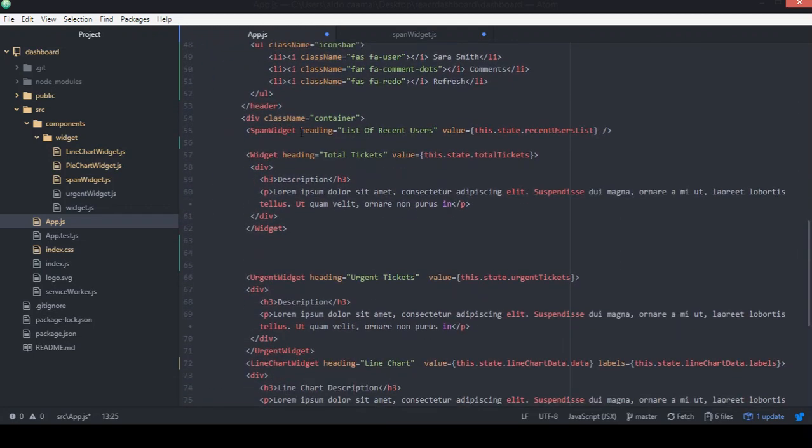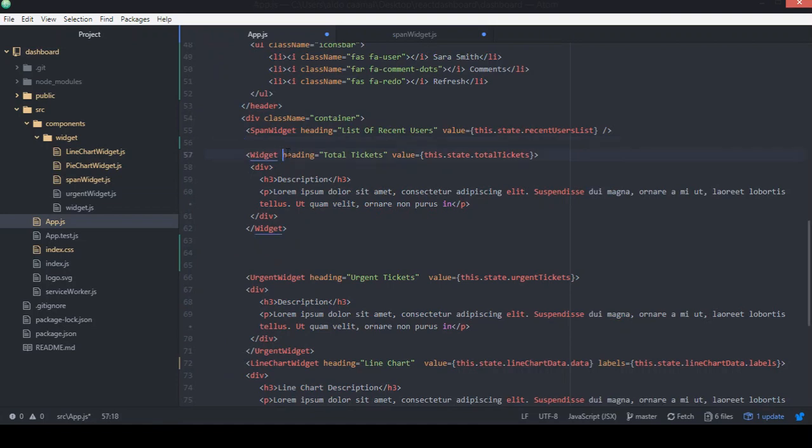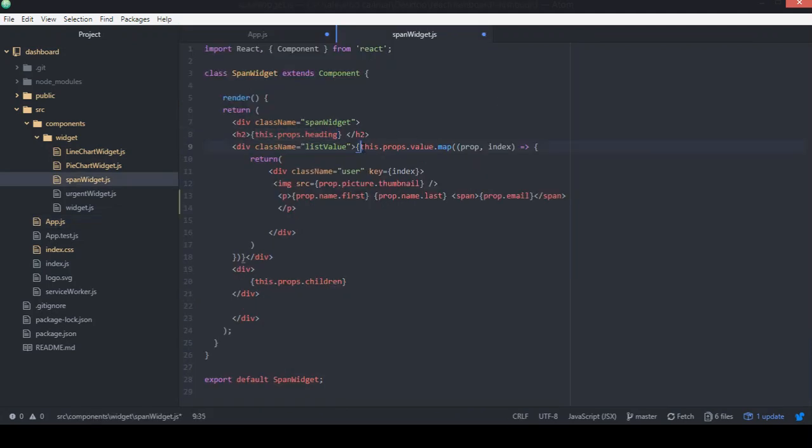From there I'm passing this prop named heading and this value. Okay, these are props, so I'm consuming that heading, but in this case it's this component, and value, that is an array, and I'm just mapping through that,